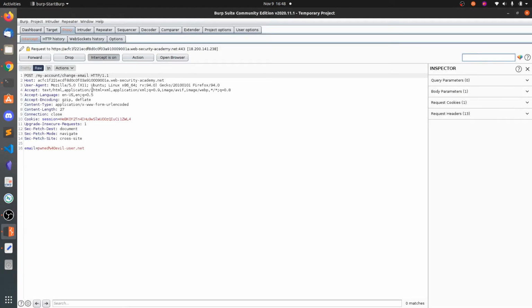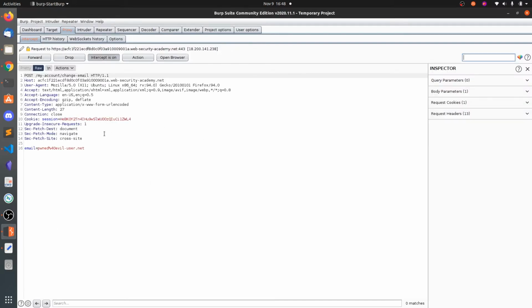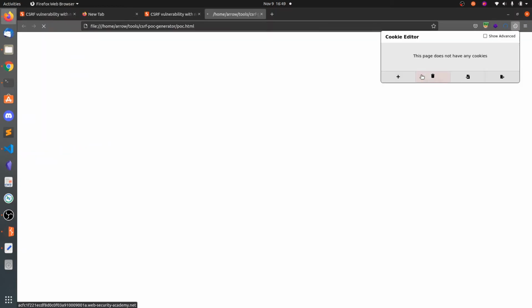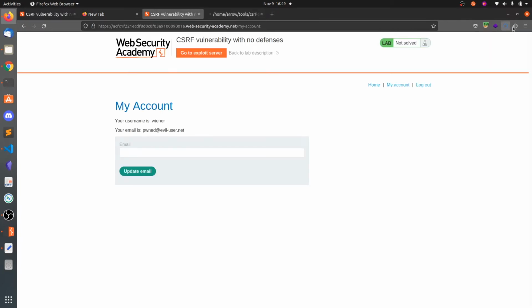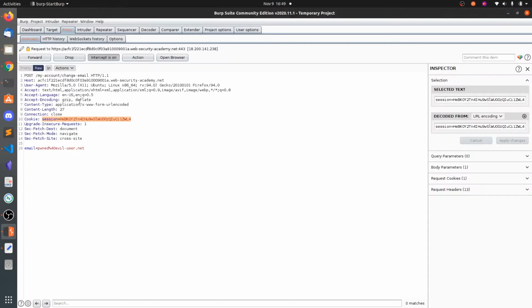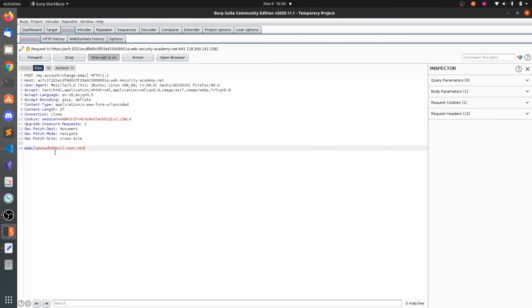Now let's go and enter, and you can see whenever I open the link, the request has been automatically sent on behalf of whatever user has been logged in on this Firefox session. So automatically this session cookie has been applied for this request, and here you can see the same session. So whenever you click on the link, the request will be sent automatically, and you can edit